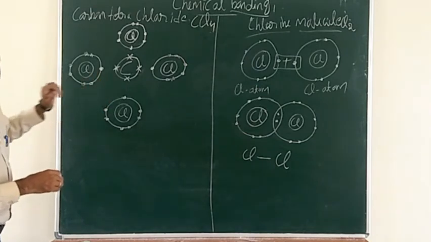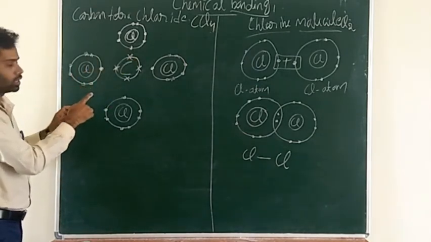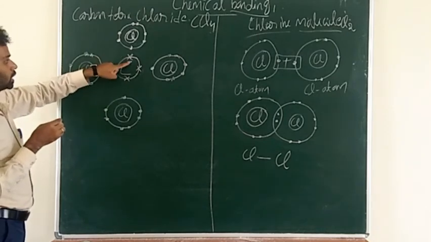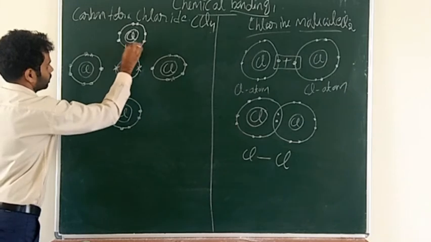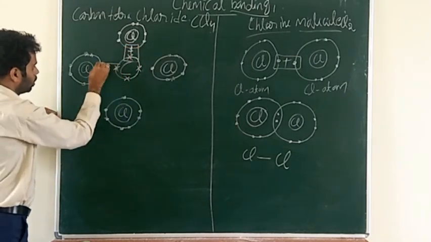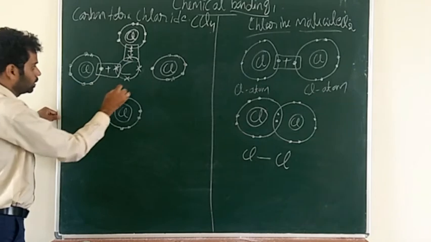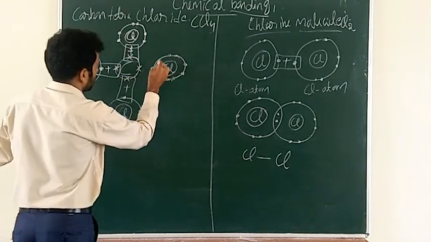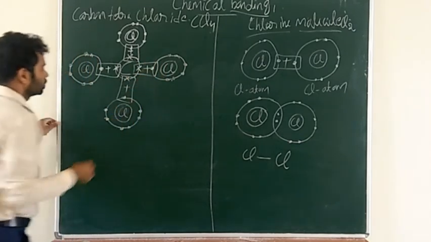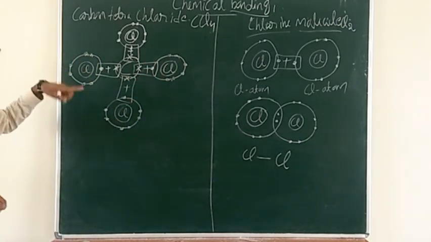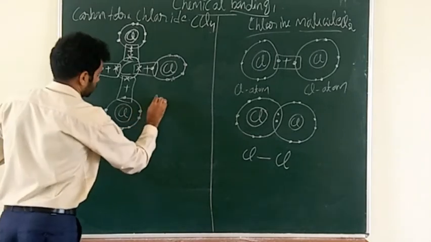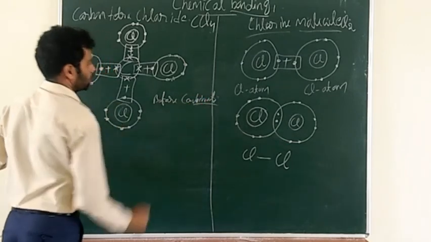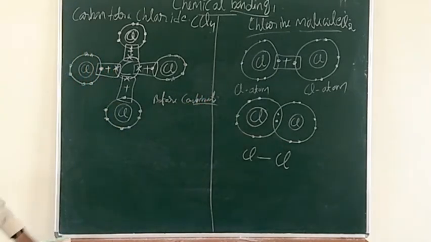Now look at that. A single electron is there in the chlorine, and 6 electrons are paired. So the single electron that is left and 1 electron from the carbon are going to combine here. Look at how I am writing it. They combine with the electrons of the carbon atom. So this is before combination.